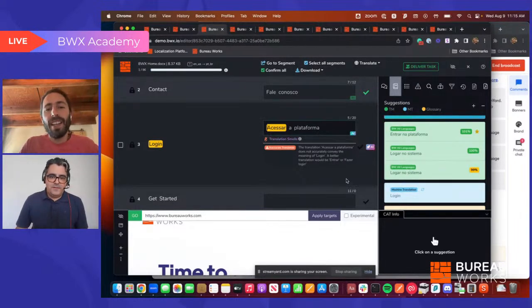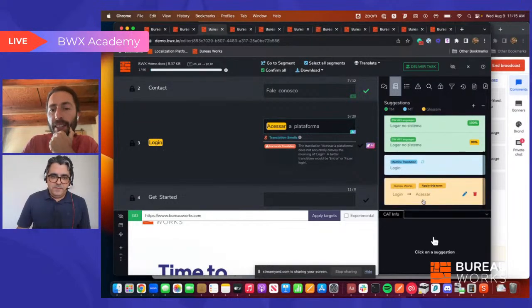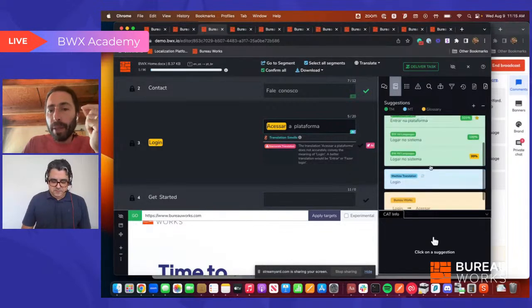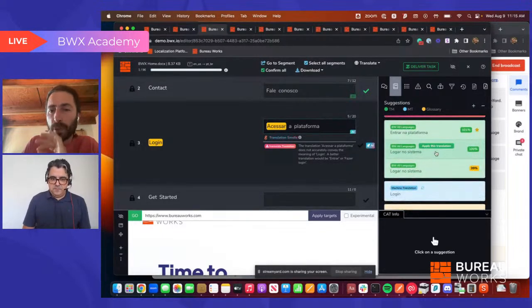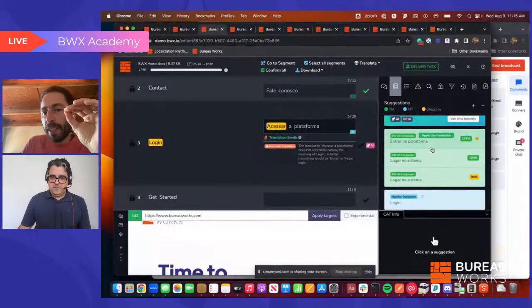Okay, perfect. All right. So in this segment here, number 3, if we have login, we have, in this case, this is pretty interesting. So in the glossary, we have fed that login should be acessar, which means access. The machine translation is keeping this in English. It's suggesting login. But this is where I think it's super cool. So this is a very good example. So in the TM, we have a context match that says entrar na plataforma, which for login, which would literally mean enter the platform, which is